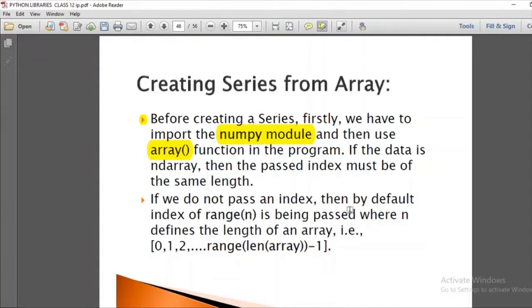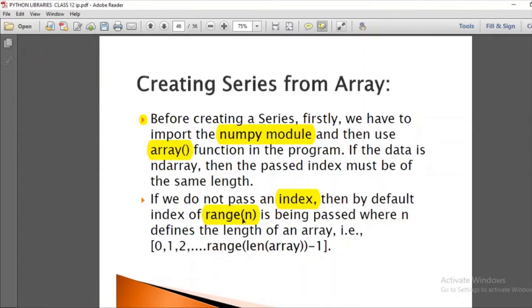If we do not pass an index, then by default an index of range n is passed, where n defines the length of the array. As I have told you earlier, it is not compulsory to define an index. In the case of an array, as we are using NumPy, range n will be used, where n is the length of the array.